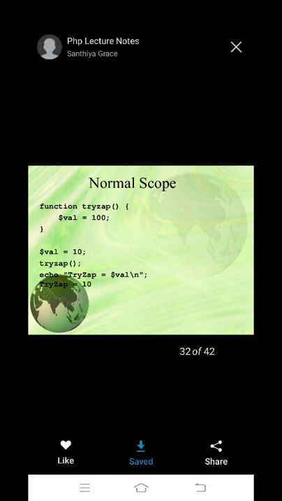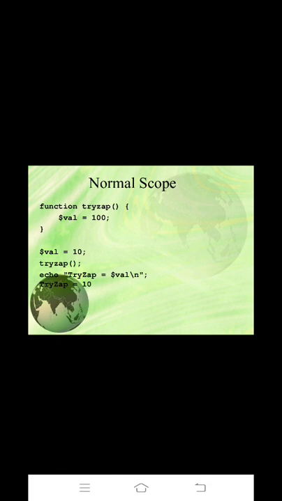Yes. Next, normal scope, right? Here in this function try job, value is 10, we will call try job, right? So before calling try job, the $val variable has 10, and after calling try job the $val value is 100, then echo try job is equal to $value.